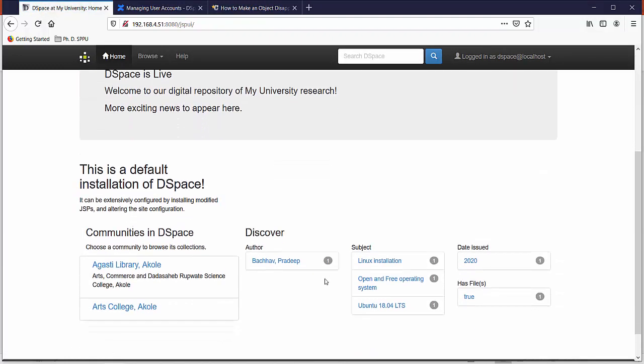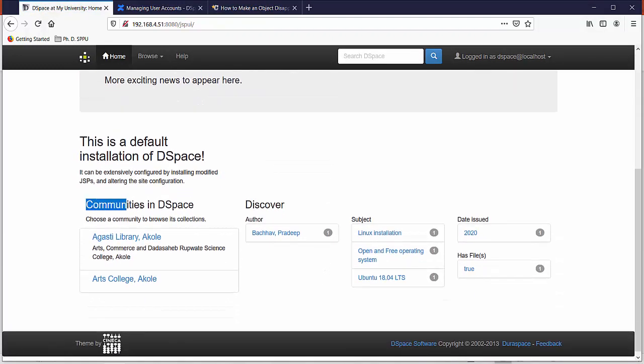Okay, look, communities in DSpace. There are 2 communities. We have created a new one, Arts College Akole, and under discover area, one author. We have entered one author, Bachao, Pradeep is appearing here, and subject.